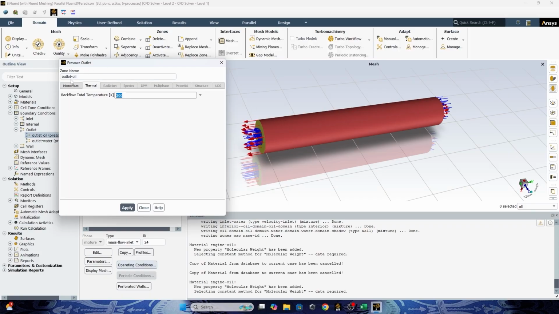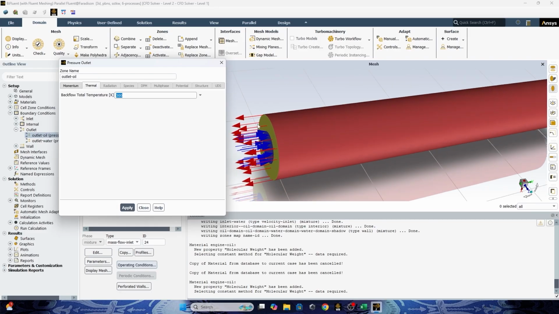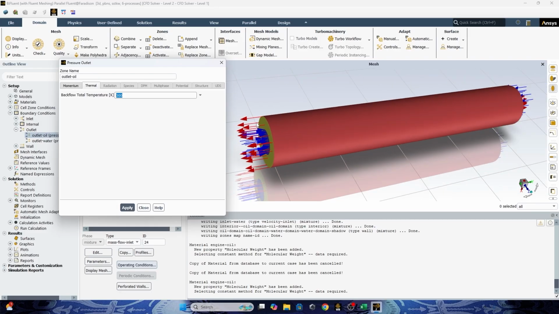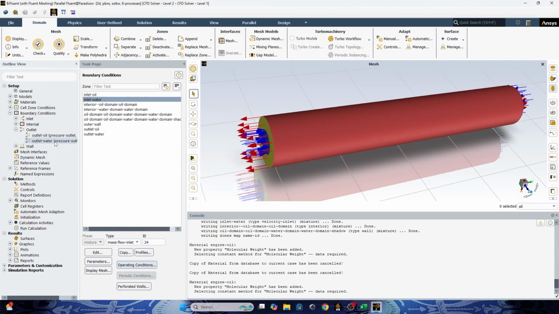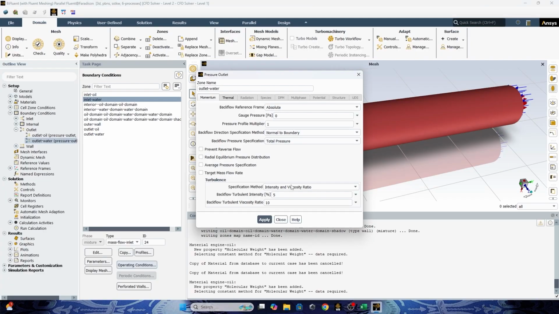So if the temperature inlet for the oil domain is 373, maybe that will decrease to 370. Okay, just take a guess, and then done. After that, go to the outlet water here, and same as before, 0.5.